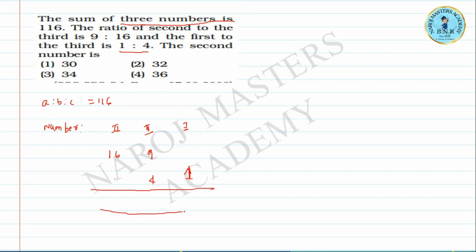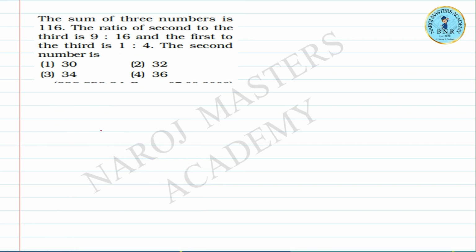Now multiply it. What will you get? 16. Cross multiply it. 16 fours are 64. Like that, you have to cross multiply it. No, it is 16 and it is 4. Right? You have to make the places. So it is in the ratio of A is to B is to C. How much? 16. This is a fixed place, 1, 2, 3. So this is a number place.